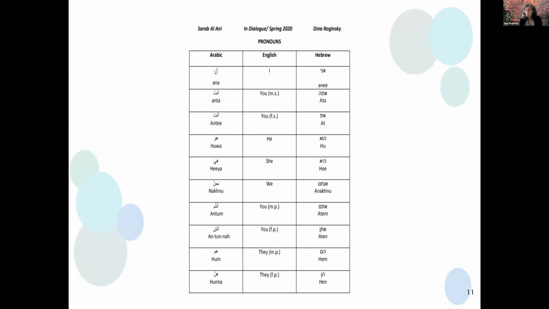We used pronouns. The pronouns are translated and transliterated in both languages. You can easily see that they are very, very similar. It's almost intuitive for somebody who knows one of the languages to guess and to understand from the other language. So this is a model of a sheet that we gave on the Fridays to assist the students in their